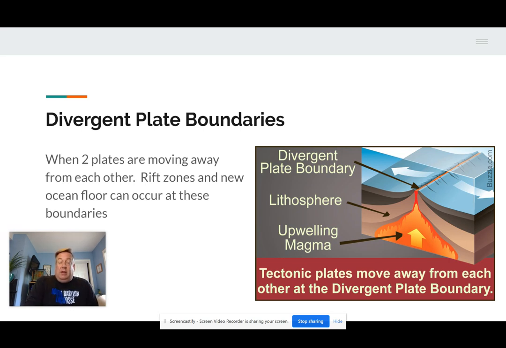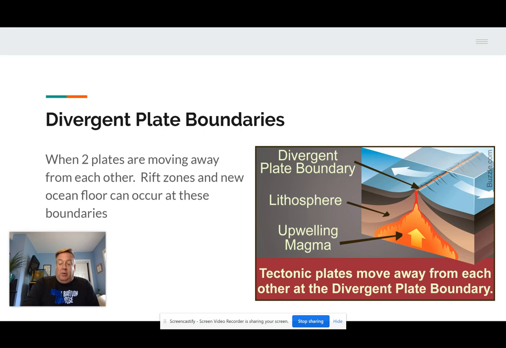This would be like in the middle of the ocean. All right, so we have the Mid-Atlantic Ridge. Okay, so the two plates are separating. This is where the new seafloor is forming in the seafloor spreading example. And it separates. Okay, so that's our new ocean floor.